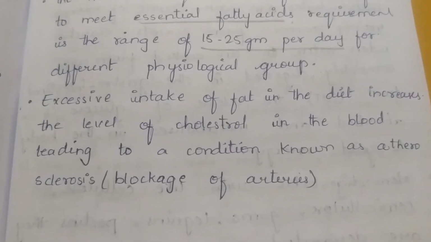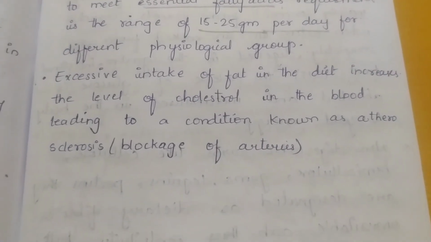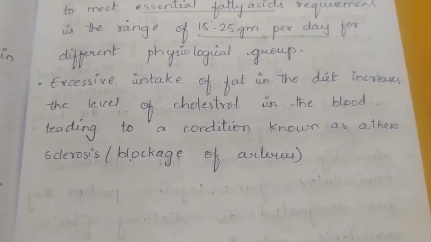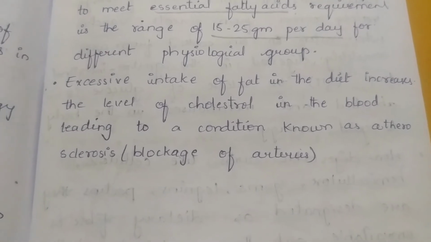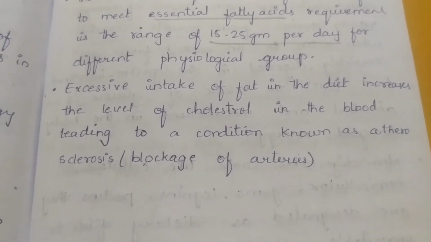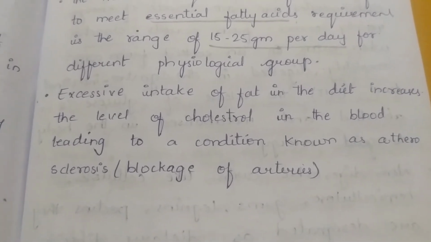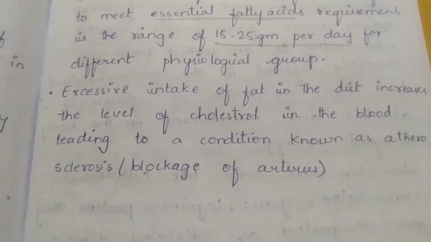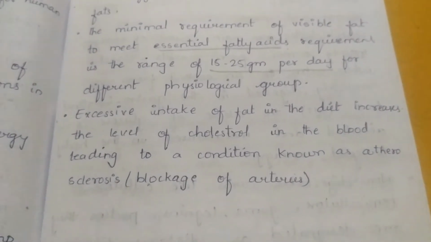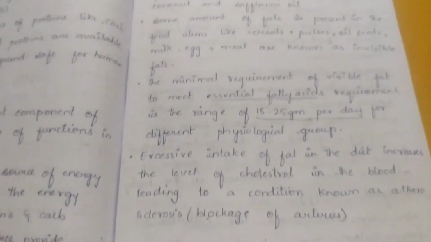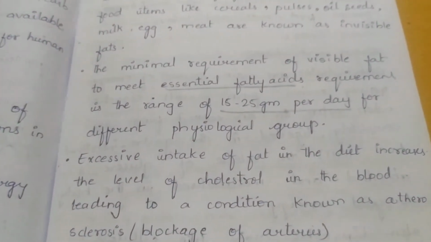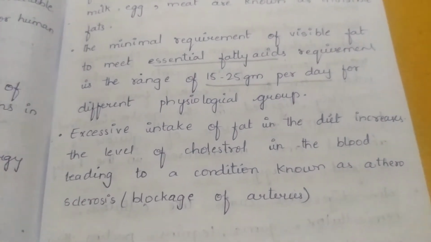Now what do you mean by atherosclerosis? It means blockage of arteries. The supply of oxygenated blood through the arteries will stop, as they get narrowed down, right? So when they get narrowed down, it will be a problem for us, yes or no? So don't consume excess fat. Excess fat means butter, ghee and vegetable fats. You can have excess of proteins for your good health, like soybean, which has the highest proteins.